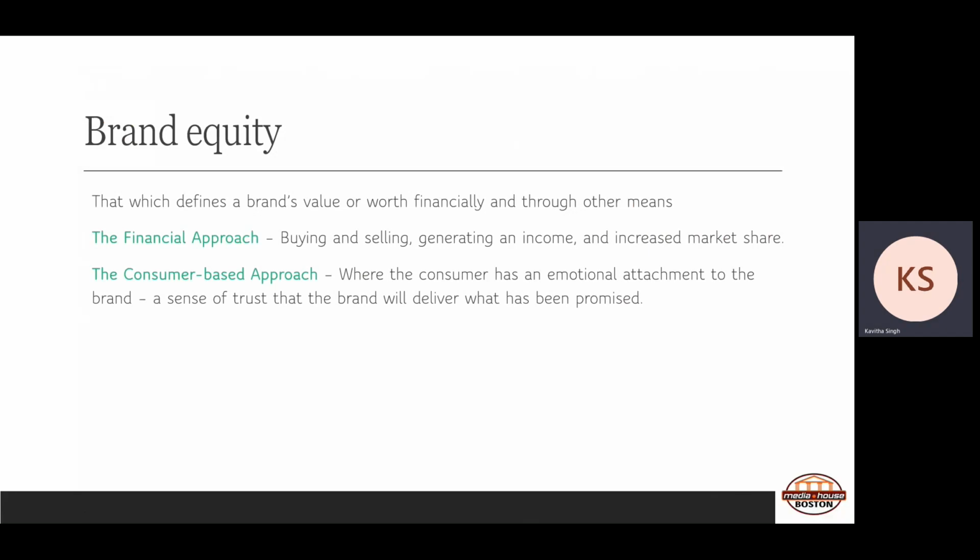The second aspect to it is the consumer-based approach. Now, this is where the consumer becomes invested in this approach. It's where the consumer has an emotional attachment to the brand, and they have a sense of trust that the brand will deliver what has been promised. So it is an emotional attachment to the brand, a sense of trust that the brand will deliver what has